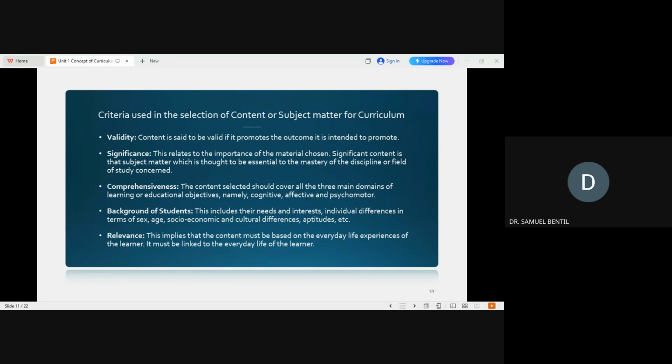that are supposed to deliver that subject matter to the learners. And so that's why it is important that in all ways, the learners' needs, their background, sociocultural background, their economic background, their age, their maturity level, their level of understanding and experiences are all taken into consideration to ensure that whatever is selected for them is within their domain of learning. So these are very, very important criteria that must be looked at.